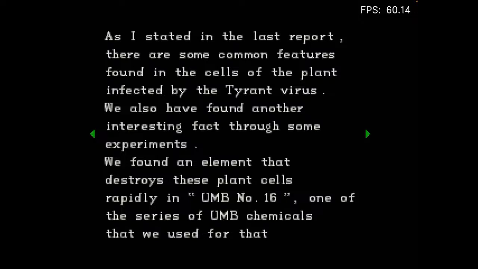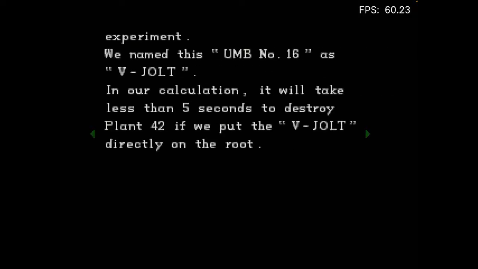It says, as I stated in the last report, there are some common features found in the cells of the plant infected by the tyrant virus. We have also found another interesting fact through some experiments. We found an element that destroys these plant cells rapidly in UNB number 16, one of the series of UNB chemicals that we use for